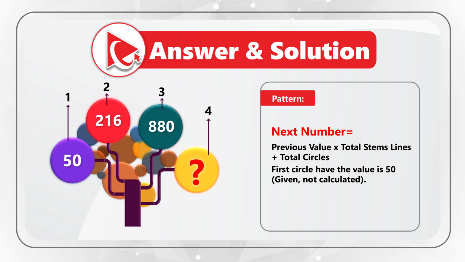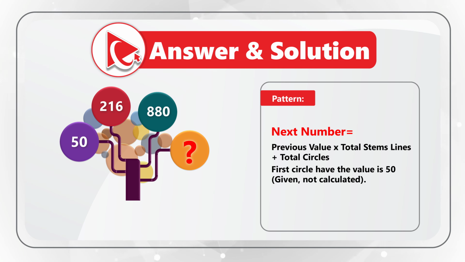And then there are also 12 circles in the background. Now we have all of this information and we can calculate the missing number. It is calculated as 880 multiplied by 4, then we add 16, and the end result of this is 3,536. So the correct answer here is choice D,